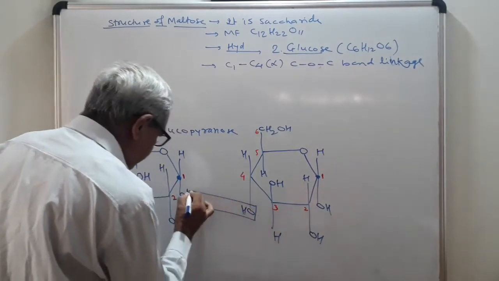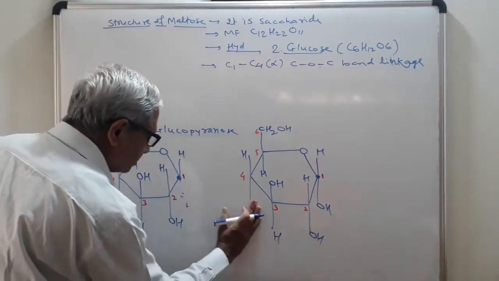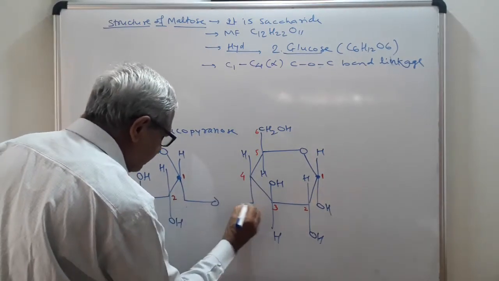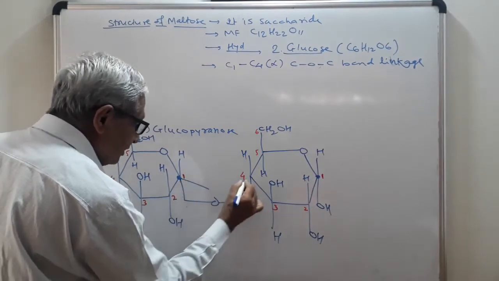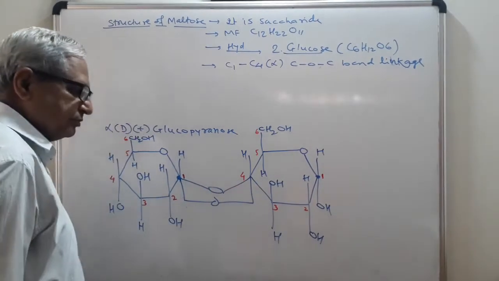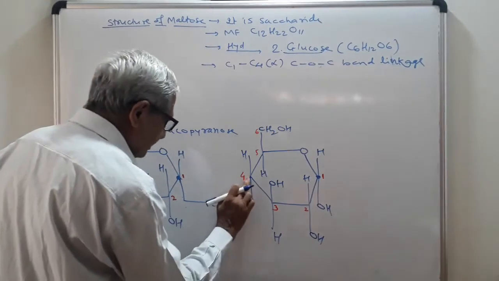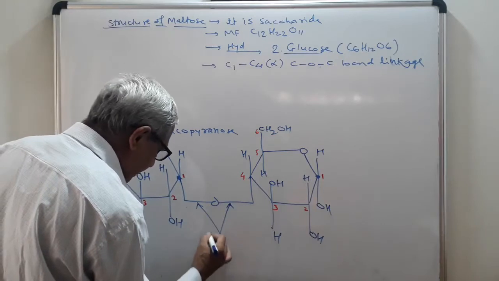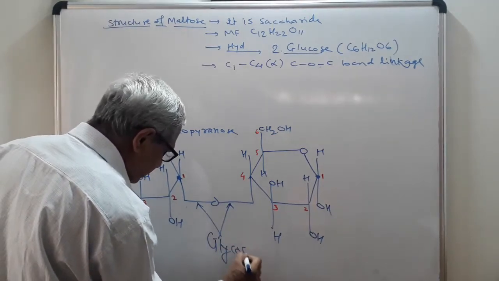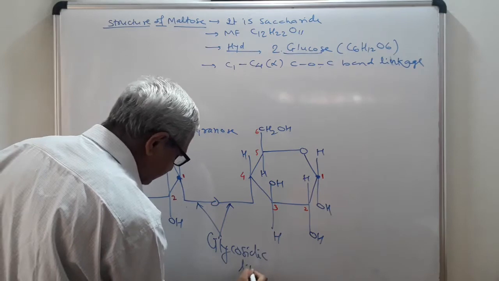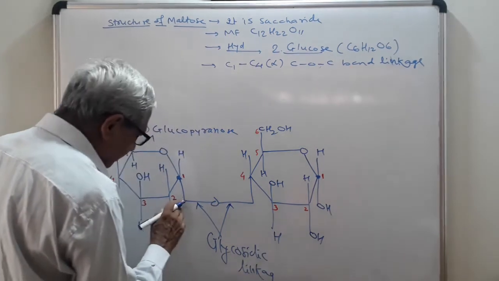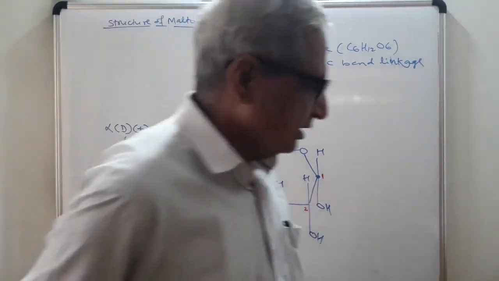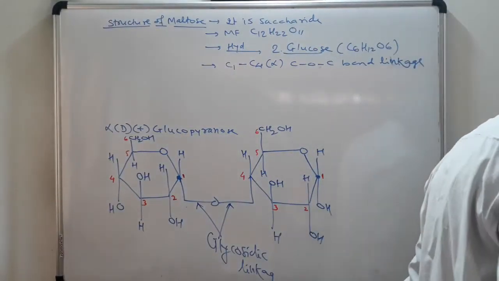You can remove the water molecule, H2O. So you can indicate it this way. There are two ways. You can indicate this common oxygen atom in this way, or you can also indicate it this way. Both are correct. So generally this is represented like this, and this C-O-C linkage is known as glycosidic linkage. But remember that this is not the CH2 point. So we learned the structure of maltose here.